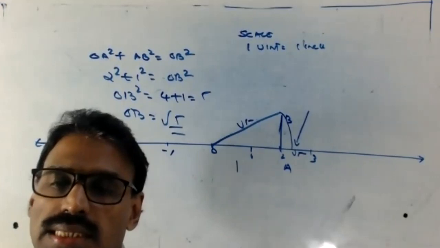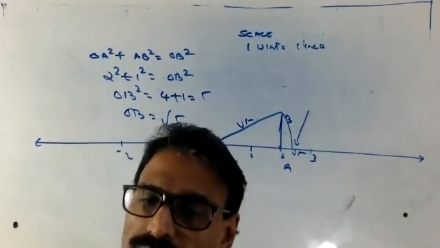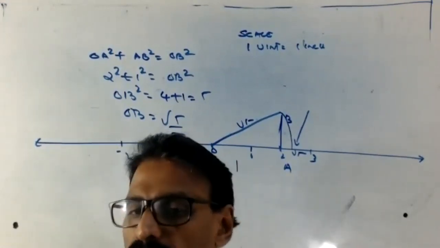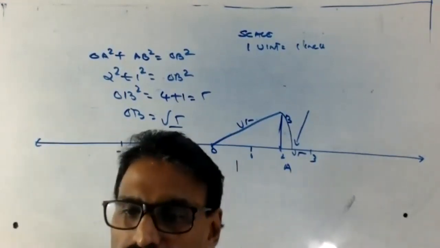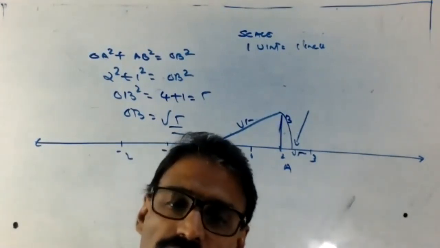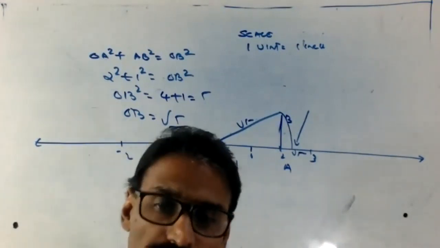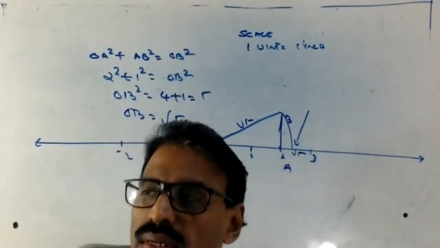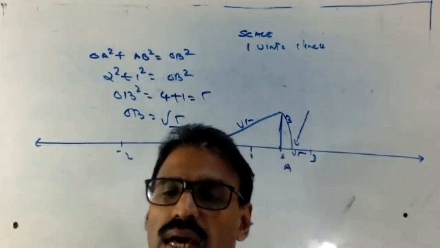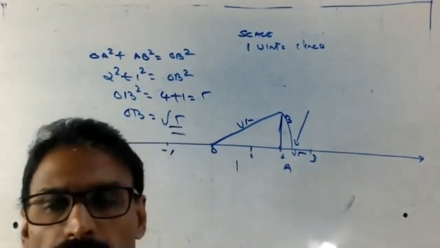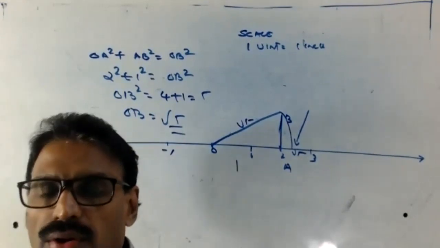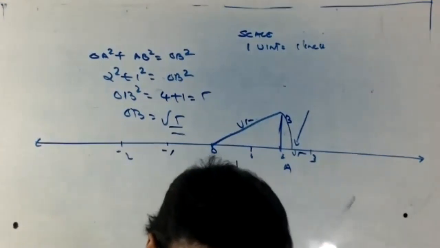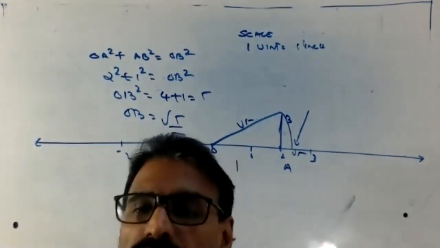You can take it. I suggest my method: 1 unit, 1 inch, or you can take 1 unit, 2 centimeter, or you can take 1 unit, 1 centimeter. If you are an expert, sometimes you take like that, or you can take 1 unit, 3 centimeter. Okay, are you okay now? Regarding the scale, okay or not? Any question?